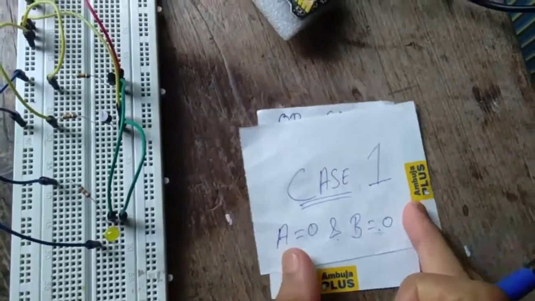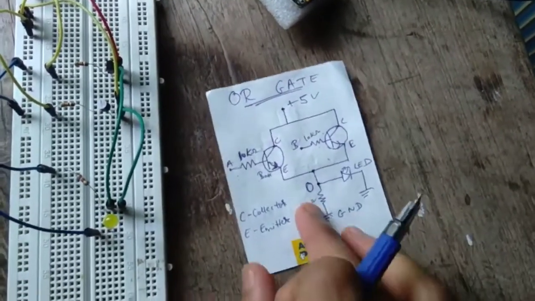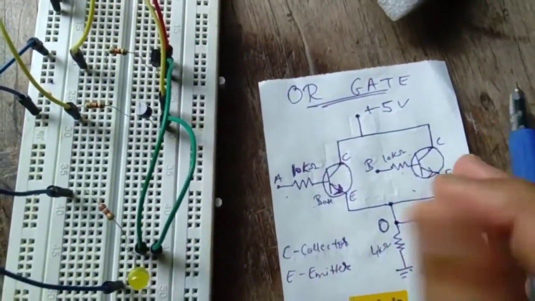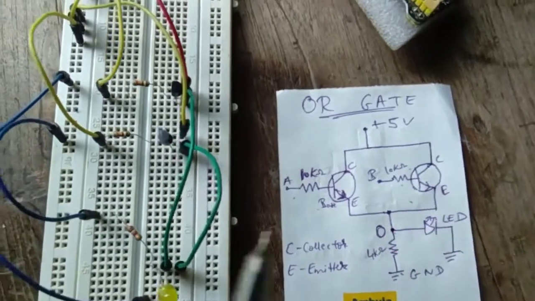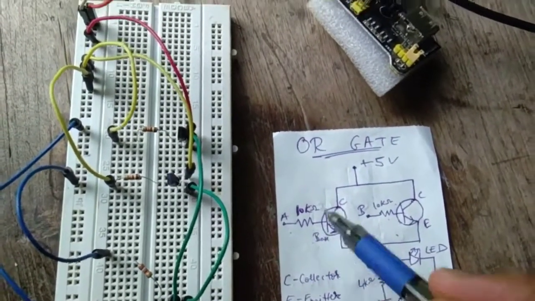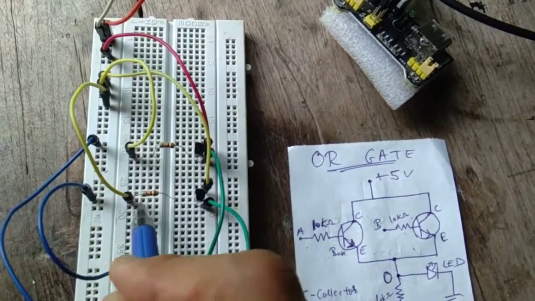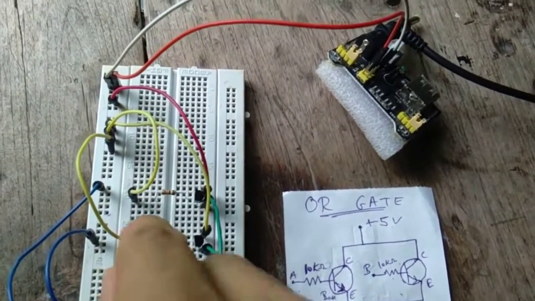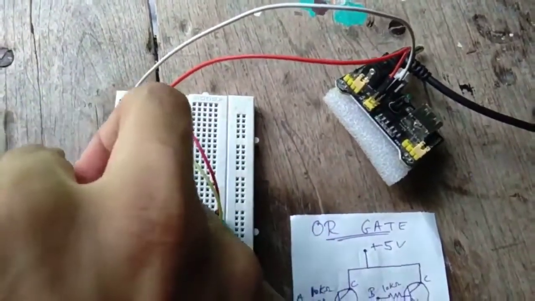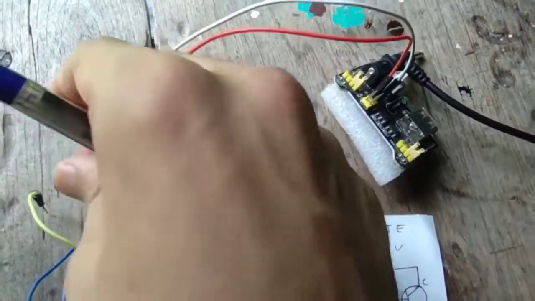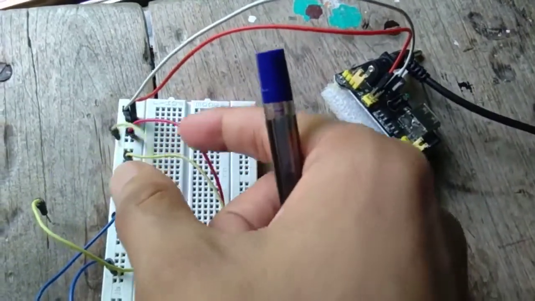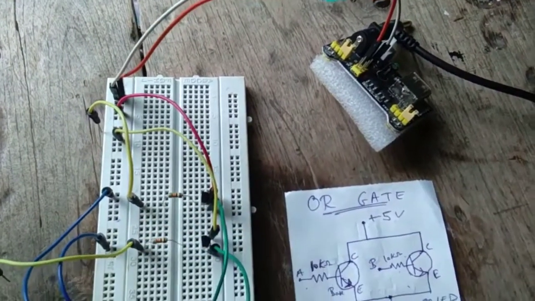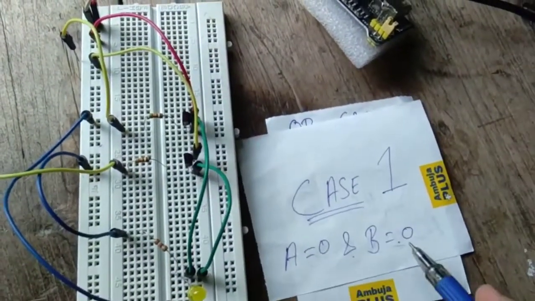Now let's see what the output is for this practical experiment. Here the inputs A and B are connected to this 10 kilo ohm resistor. In this circuit the base is connected with this 10 kilo ohm resistor and these yellow wires are the input. So I will just remove these 2 wires from this 5 volt supply, this one and this one. This one was for A and this one was for B. So A is removed, B is removed. So here we get A is 0 and B is 0.